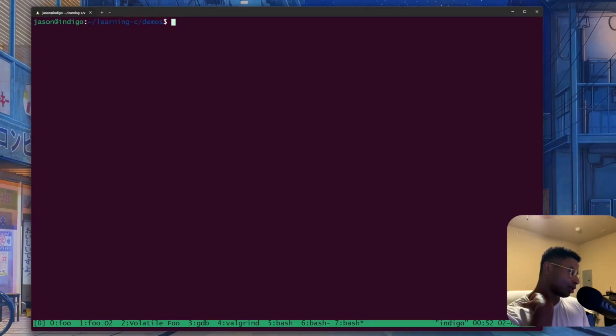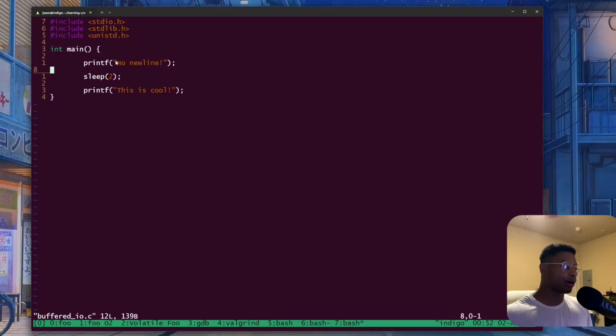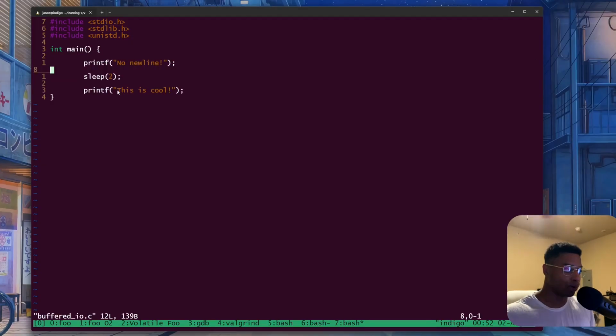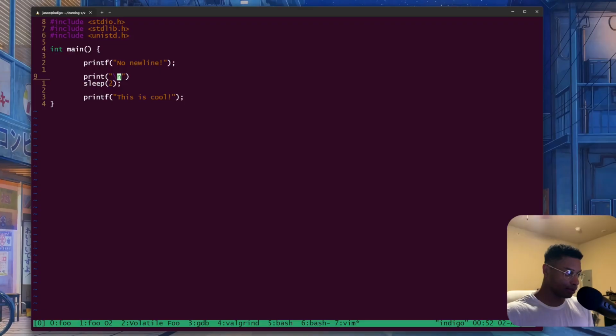So you might be saying, okay, but isn't that what you told it to do? It still did the printing, right? Yeah, but I wanted it to print no new line, then sleep for 2 seconds, and then print this is cool. Instead, it slept for 2 seconds and then did my print statements. If I want to fix this, I can either jam a new line character in here, or even jam one right here, or I can call fflush